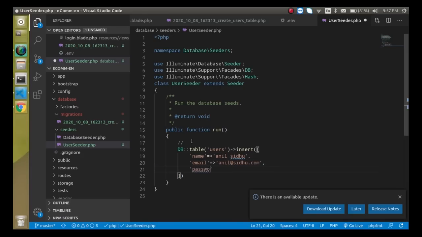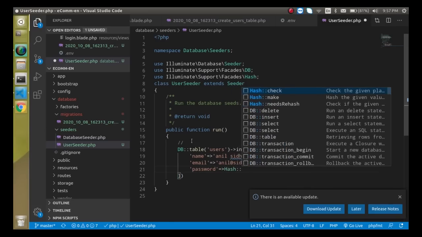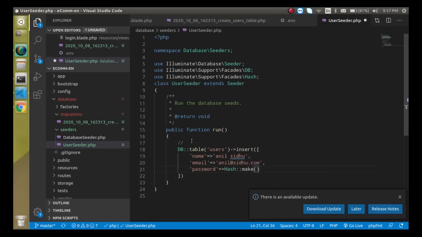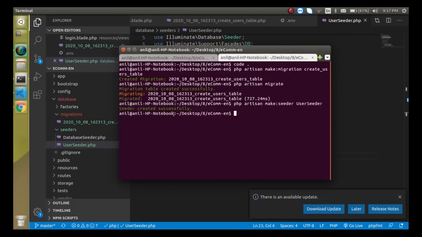So we can add here password like 12345, but we want to encrypt this password so that nobody can just get it. So just write here Hash::make, and now just put here 1 2 3 4 5, right. So everything is fine now, and I think if everything is right, then we can just insert it in